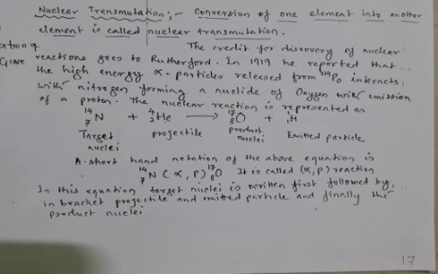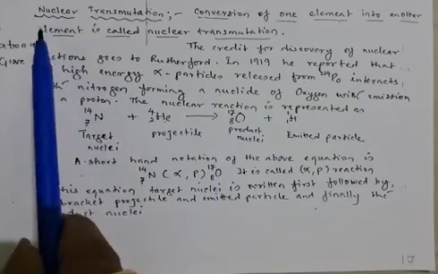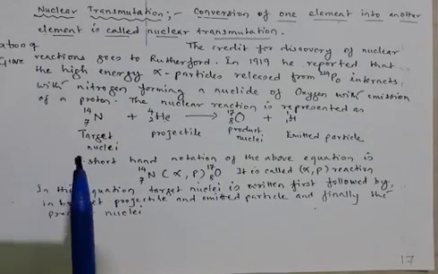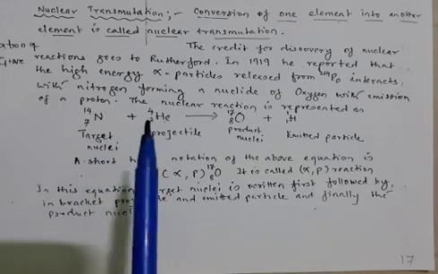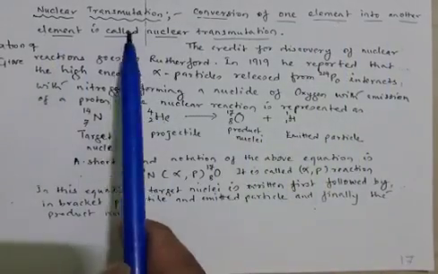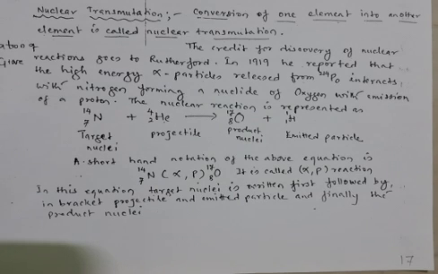Hello dear students. Let us continue our discussion with nuclear transmutation. Nuclear transmutation is a process of conversion of one element into another element. This discovery, that is the conversion of one element into another element, the nuclear transmutation, was